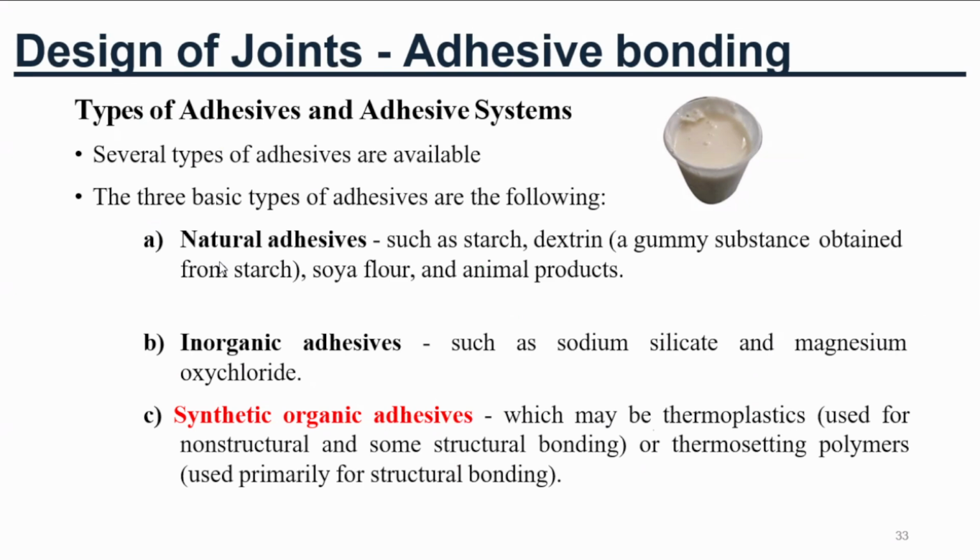So this type of inorganic adhesive we can make from using non-organic materials. Okay, you know organic material, non-organic material. We can use non-organic material. Okay, so examples we can use sodium silicate and magnesium oxychloride. Okay, so sodium silicate is used for bonding